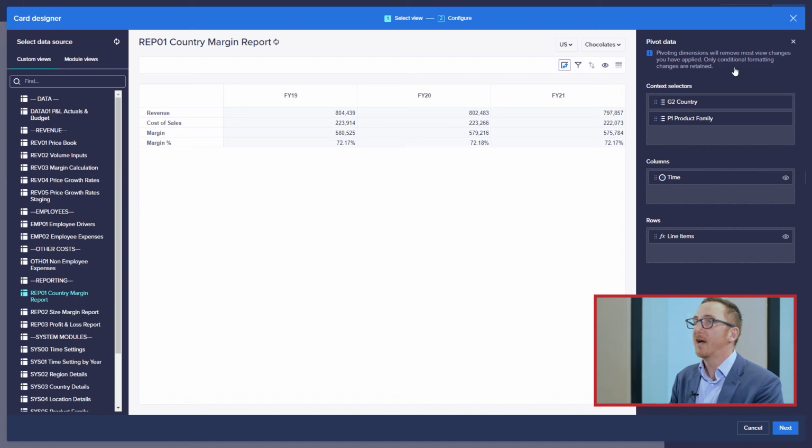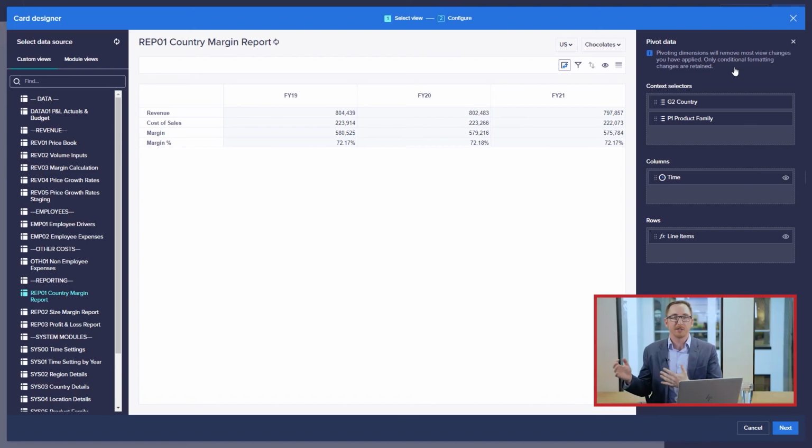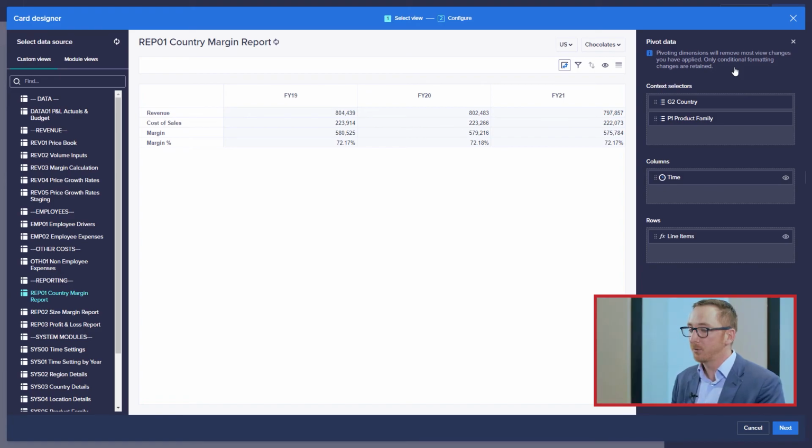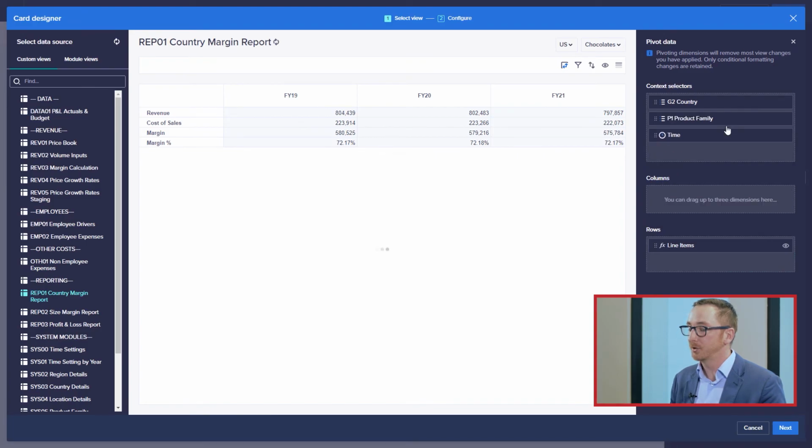click pivot, and then the same line of thought is going to be traveled in from before. So anything that we want in a chart that we only want to see one of, we're going to move up to a context selector. So for example, if I only wanted to look at one of the items within time, I'm going to drag that up to a context selector. If I wanted to look at one line item at a time, I can put that up there.